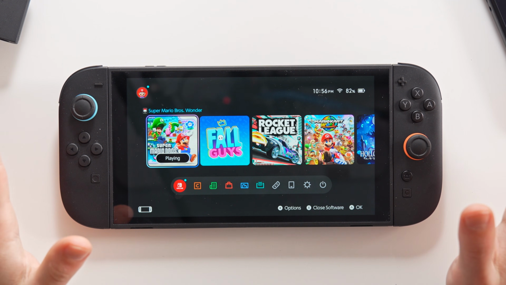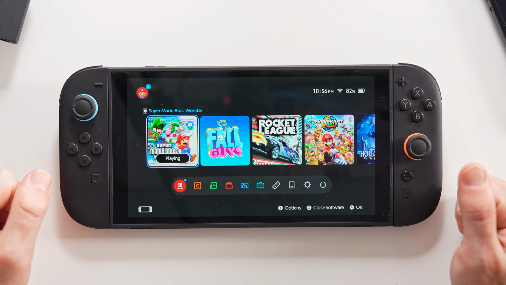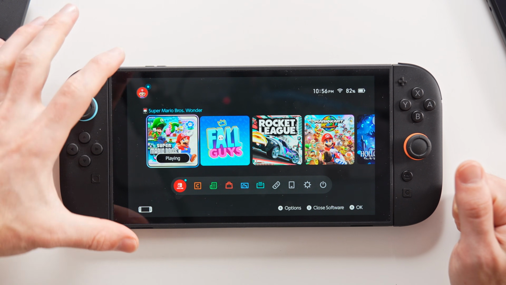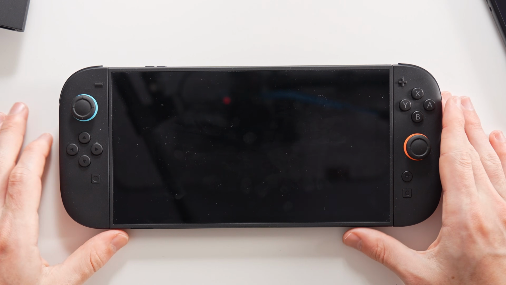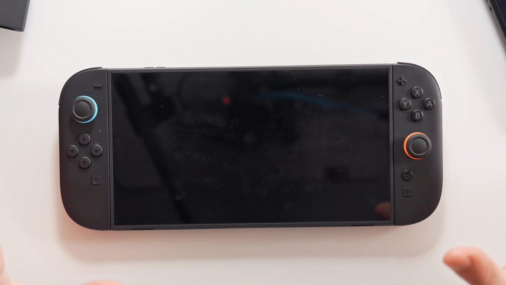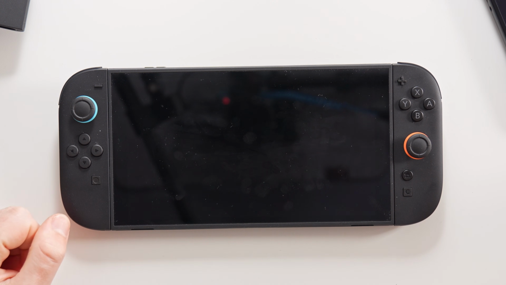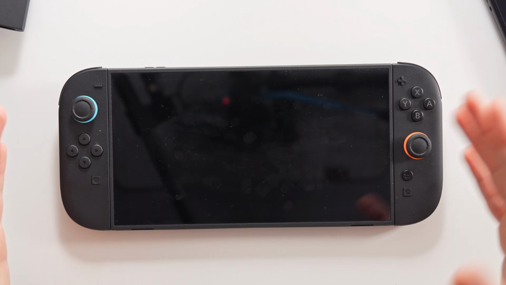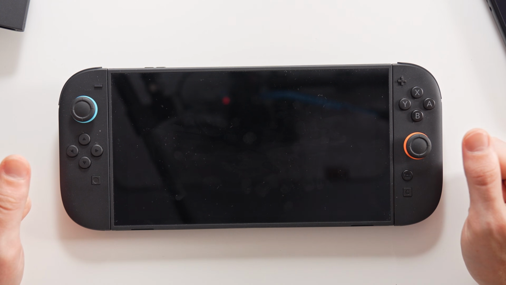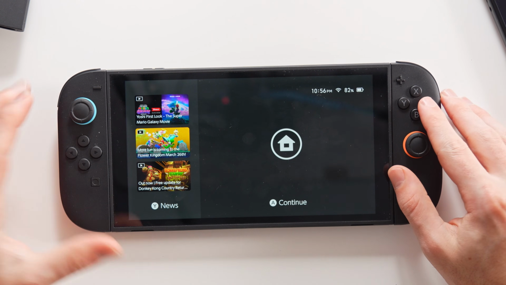Now, that being said, something a lot of people get confused with the Nintendo Switch is that when they tap on the power button right here, they think that they are turning off the console. They are turning off the Switch. But in reality, they are only turning off the display. The actual console is still turned on and working normally, so it is still going to burn a lot of battery life. If you really want to turn off the console so it doesn't burn any battery life, it is